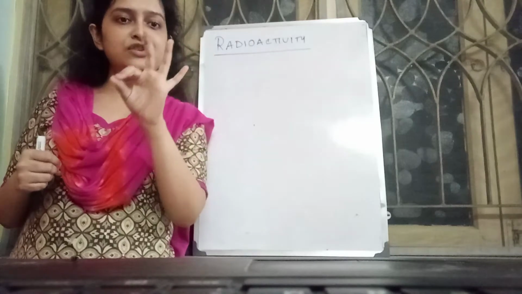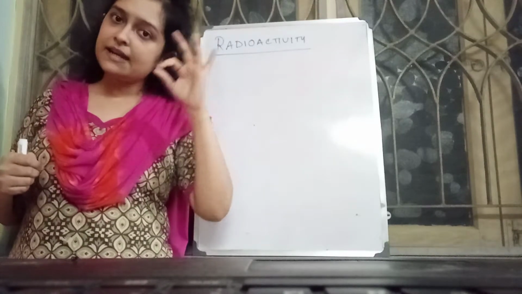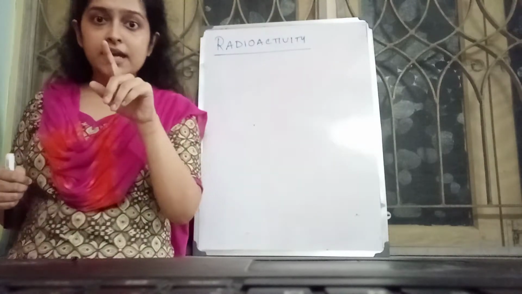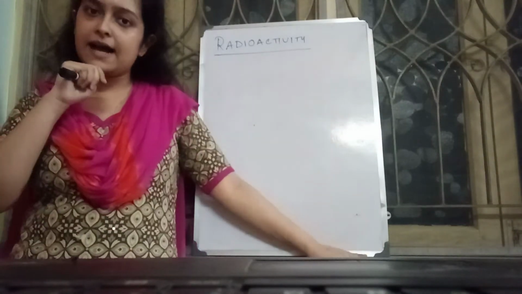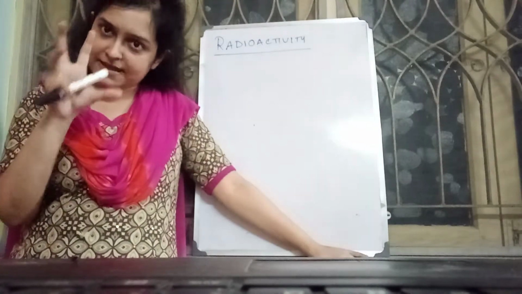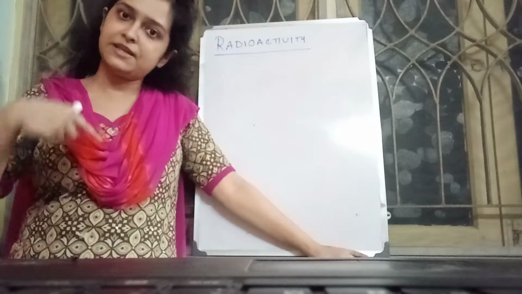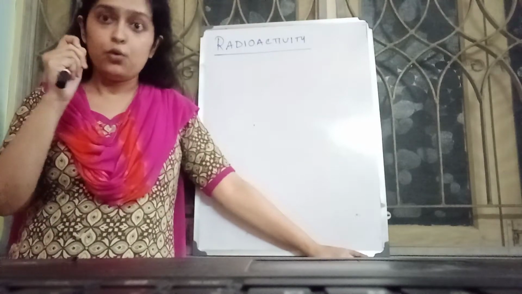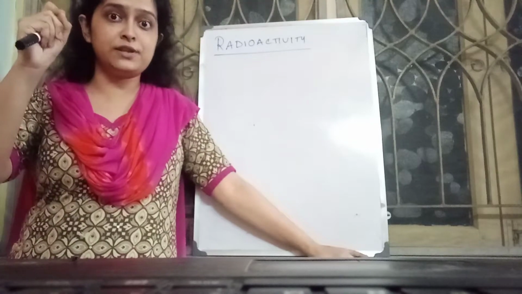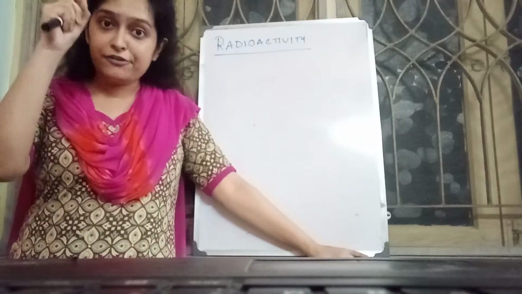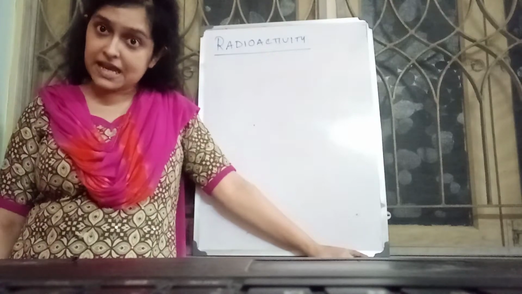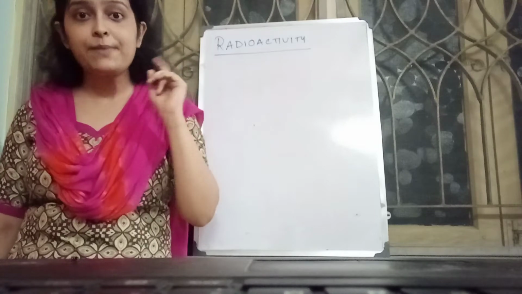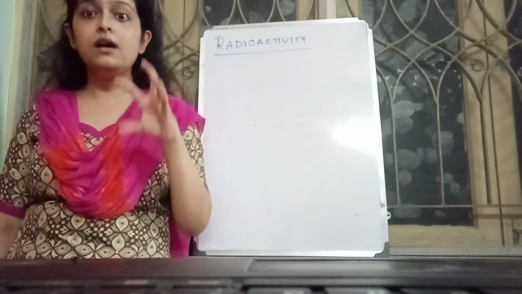So where did that change come from? He repeated this observation again, and again he found the same thing. So he concluded that the uranium specimen which he left, wrapped in black paper, emitted certain radiations which could penetrate through that black paper and affect the photographic plate. So this led to the discovery of radioactivity. Henry Becquerel discovered this phenomenon, radioactivity.